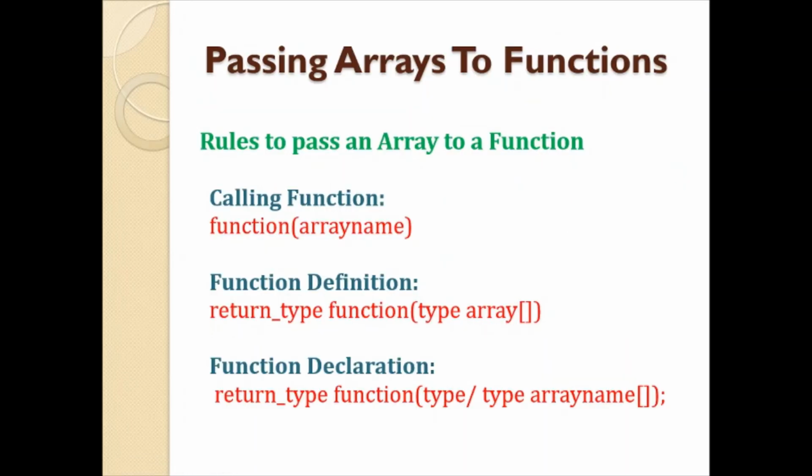So till now we have seen how we are going to pass a value to a function and how we can pass a reference or address of a variable to a function. In another method, we can also pass arrays to the function. How we can achieve this? So there are certain rules in order to pass an array to a function. Whenever you want to pass array to a function, the function call must have an array name. Here you can see calling function. So you will be calling a function with the function name.